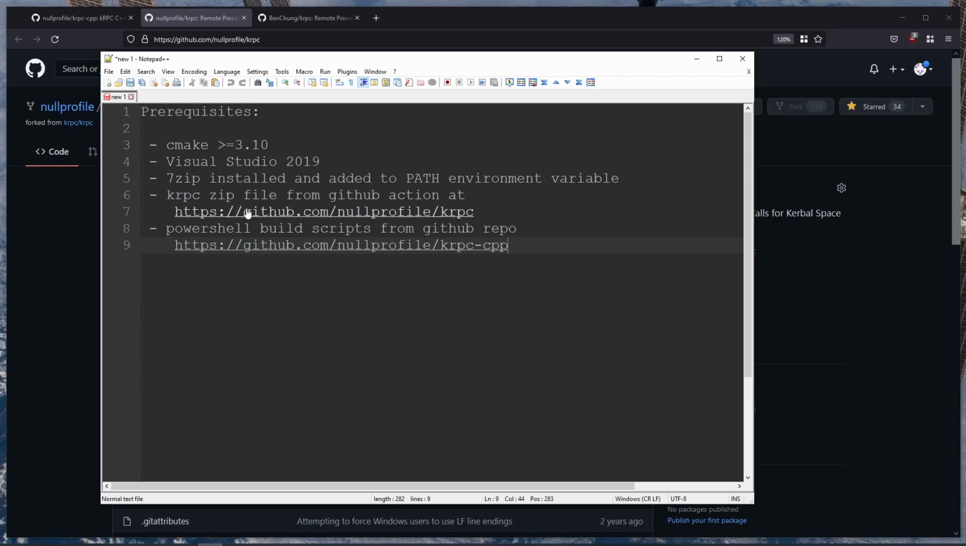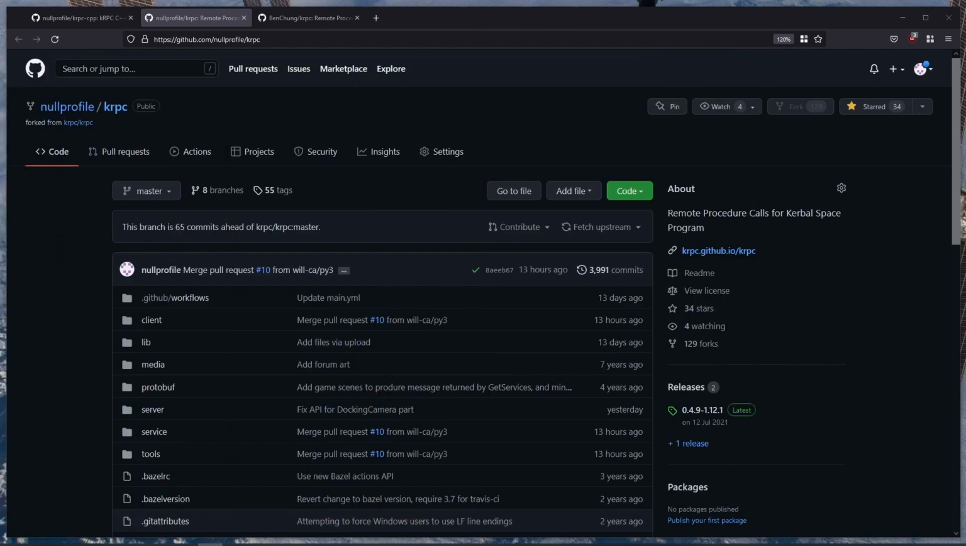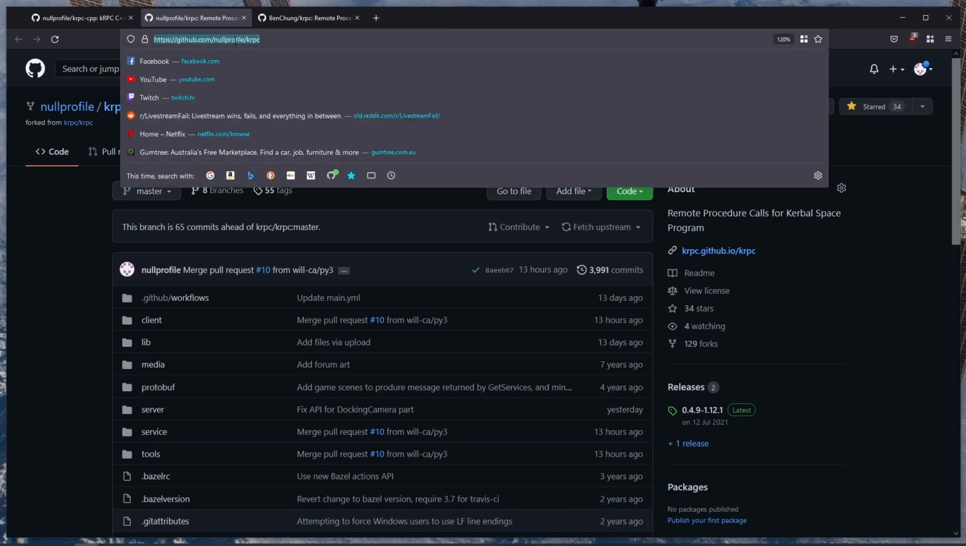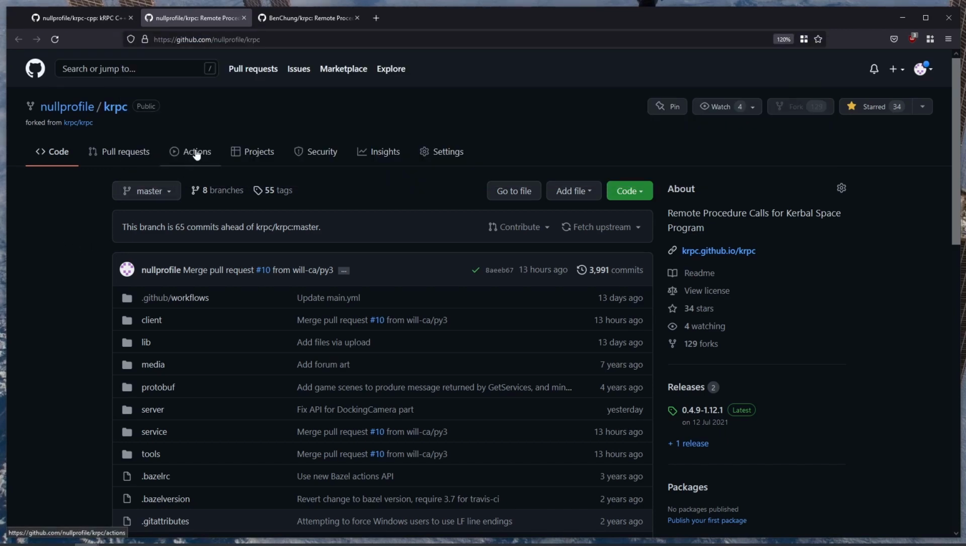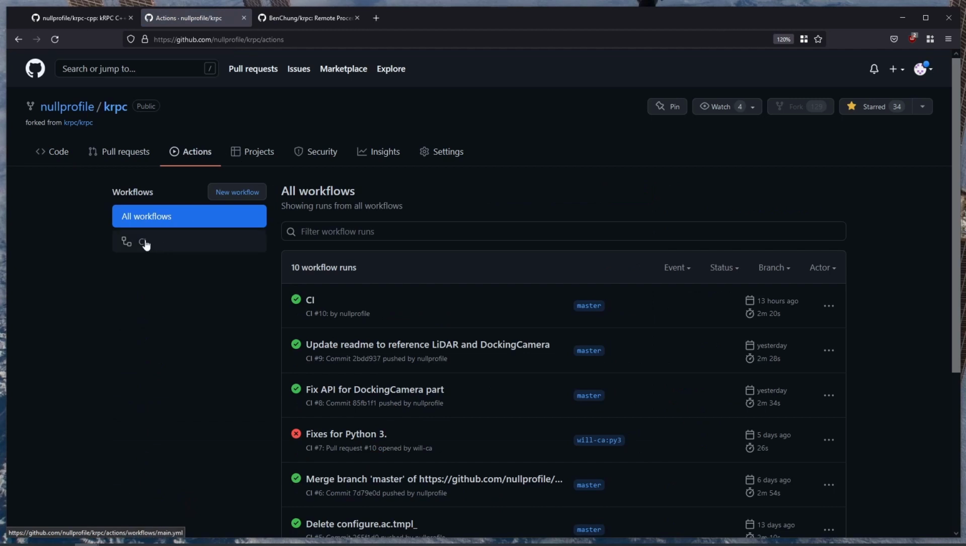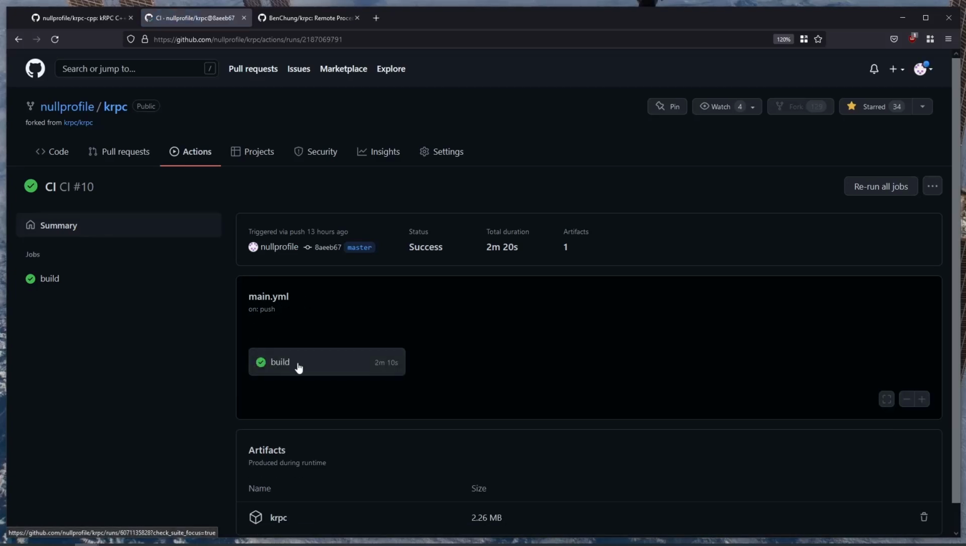So I'll first show you how to get this kRPC zip file. If you go to the repo here, which is my repo, you'll see if you click on actions that I've got a CI action that runs. Now this CI action will